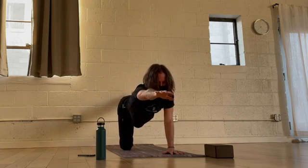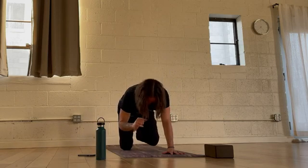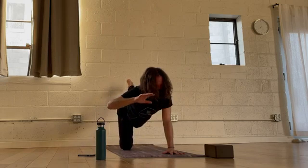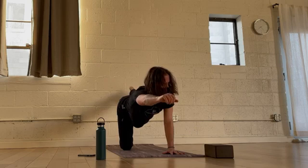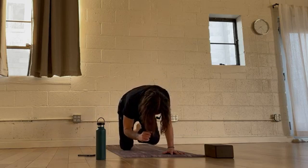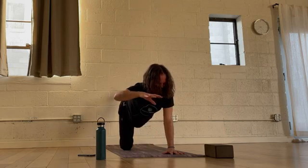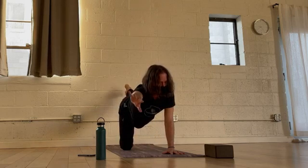and exhale, bring it back in. Take one more like that. Inhale, open back up. And then exhale, round it in. As you open back up, you're welcome to stay at that extension, or for a bind, we can bend the